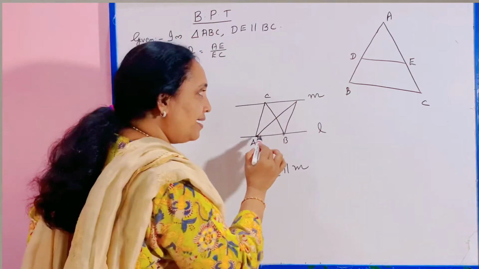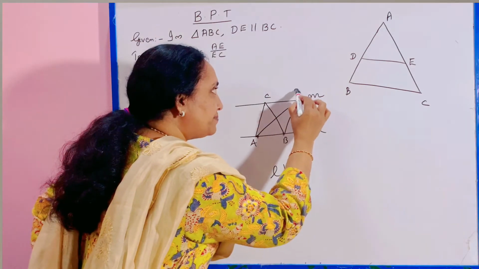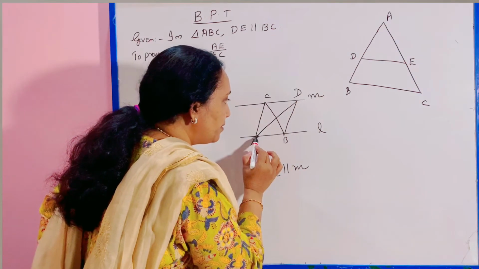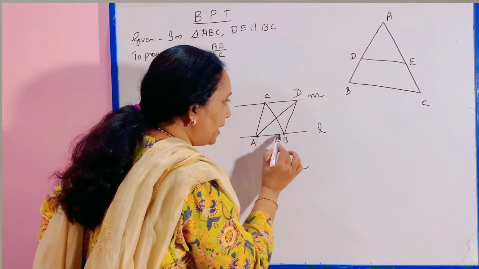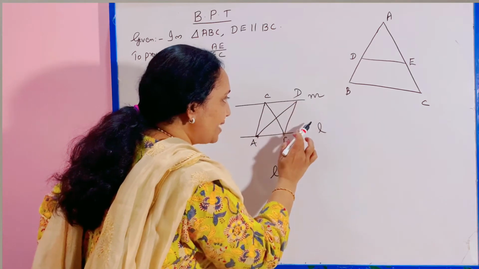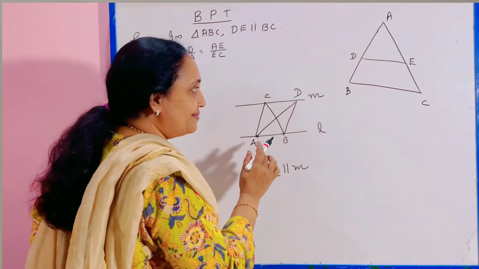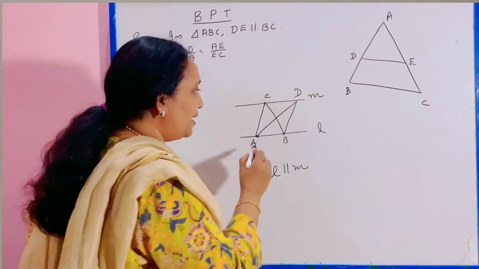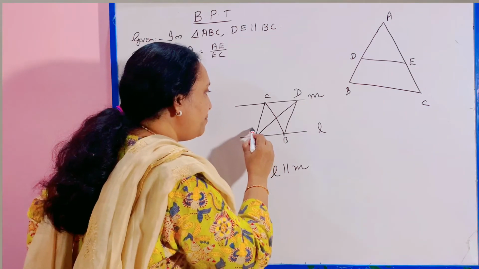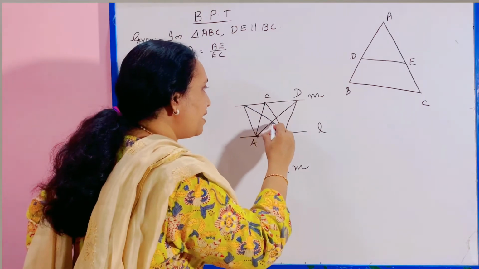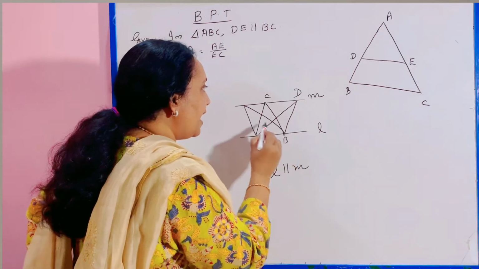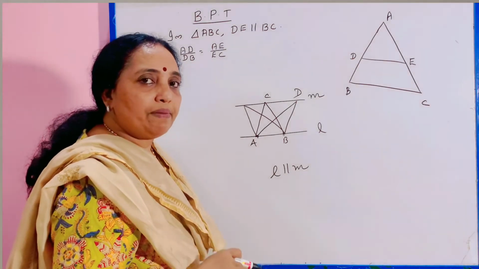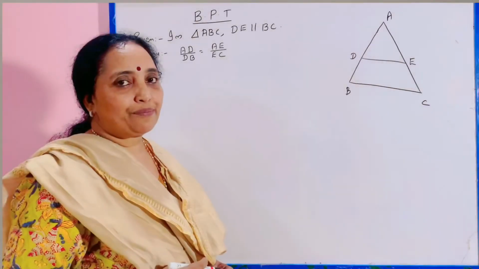Okay, and what about the next triangle, ABD? In that triangle also, half into base is the same, half into AB into height is also the same. That means the area is the same. If you make any triangles having the same base and they lie between the same parallel lines, then their areas will be the same. Now we shall prove the theorem.